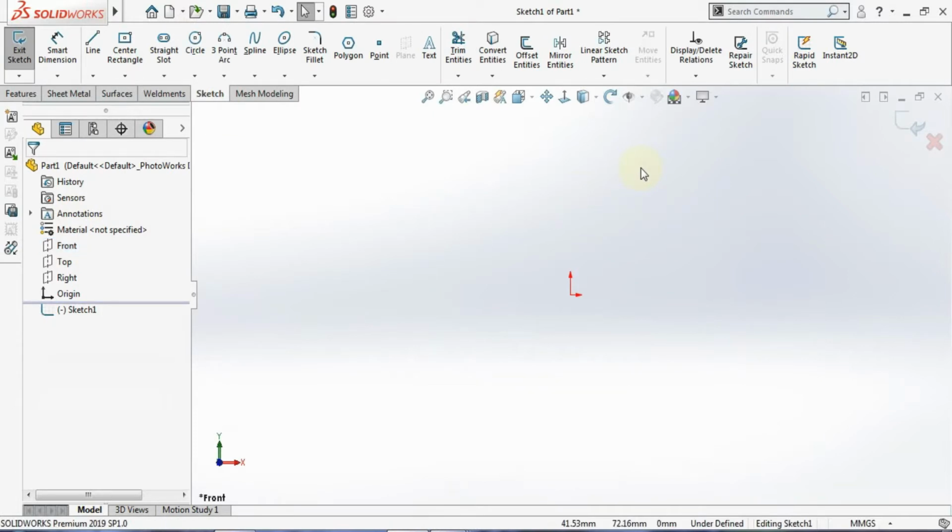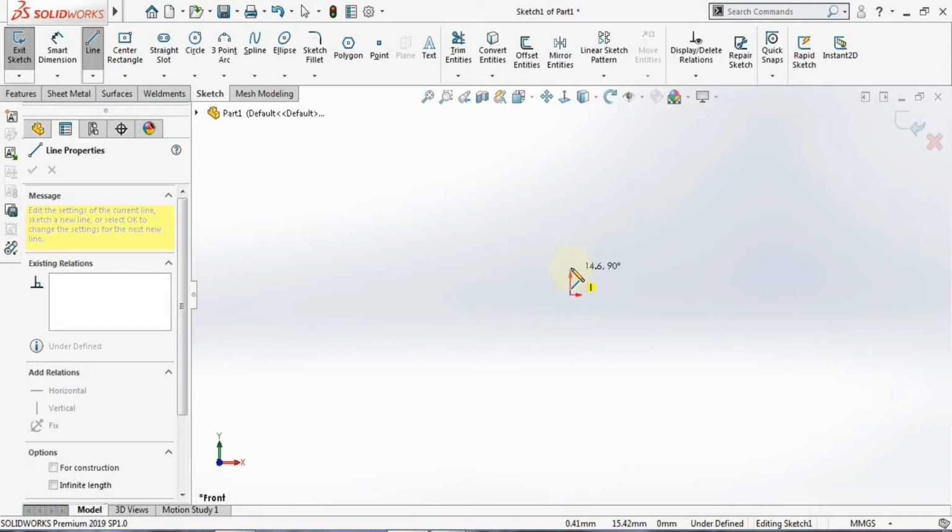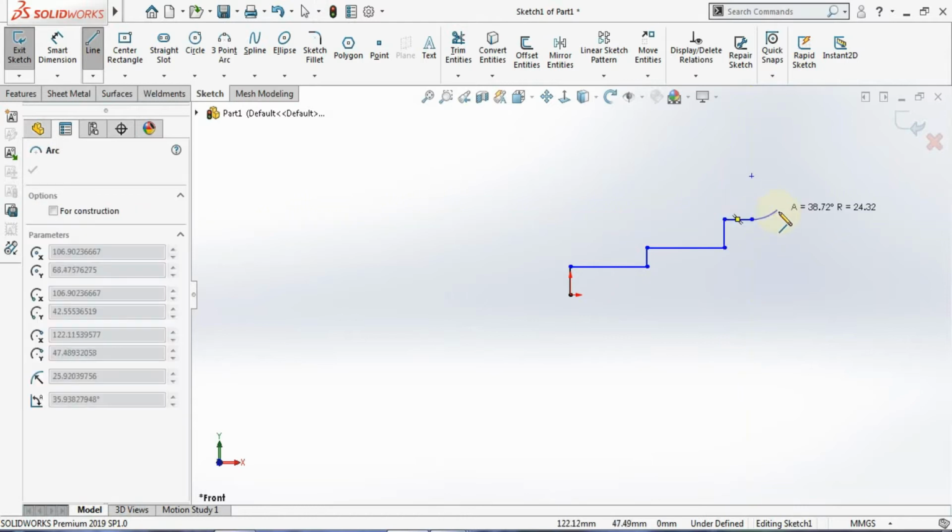Before that I will tell you what it means by revolve. Revolve is a tool which is used to add material by revolving one or more profiles along a line that might be any line. So you can see I'll just make a simple sketch over here. Take a line and just make a sketch like this. Very simple sketch I'm going to make to show you the revolve feature. I'm just going to make it like this, come down.